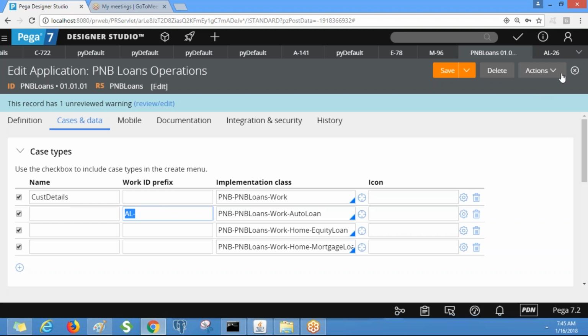Clear? So if we want to override all the work object ID prefixes which are in the pyDefault data transform rules, you need to specify here. Either you can specify in pyDefault or here. Clear?